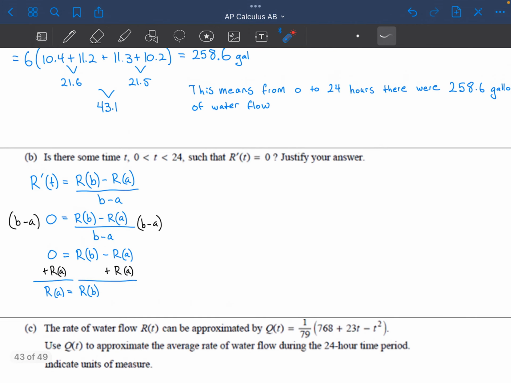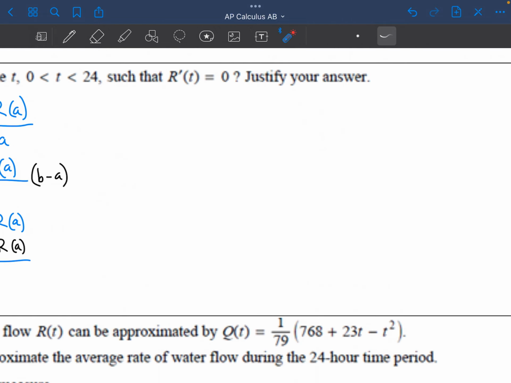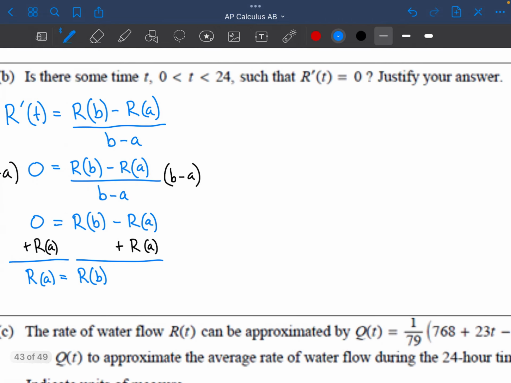So lucky for us, our interval is exactly 0 to 24, but it doesn't necessarily always need to be. What if that 9.6 and 10.8, what if these two are switched? Then we'd say, oh yes, well, between 6 and 24, we can definitely guarantee that we have some derivative that's equal to 0. For us, we just happen to find 0 and 24. So the way that I'll say this is